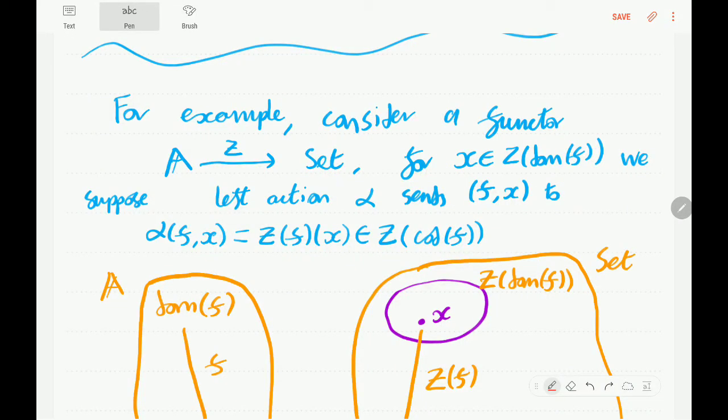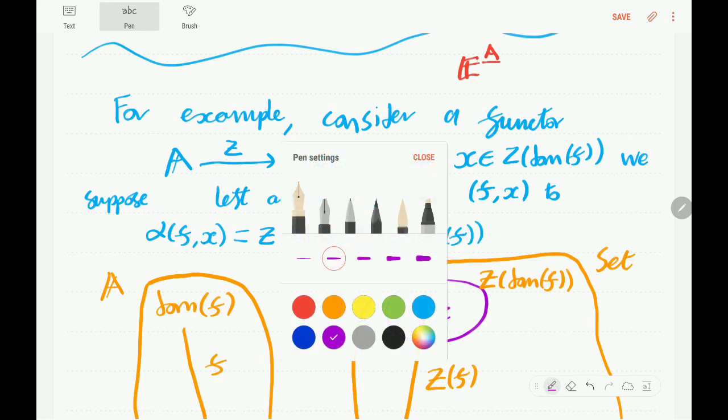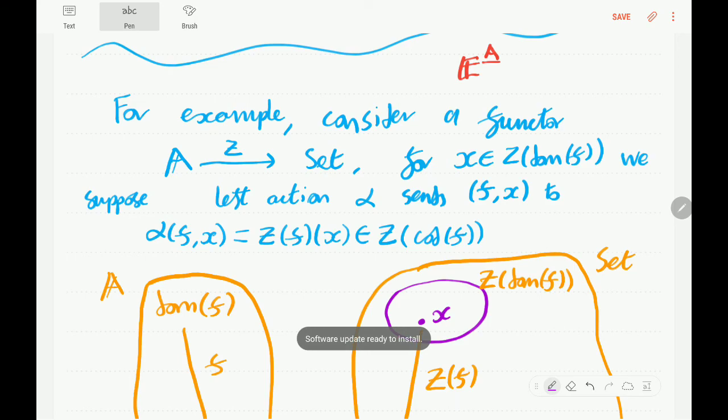Okay then, so before I go into how we can get this sort of category, which we could call E to the power of A, where A is a small category in the topos E, and we're kind of thinking of a category of functors from A to the base category E. Let's start by recalling